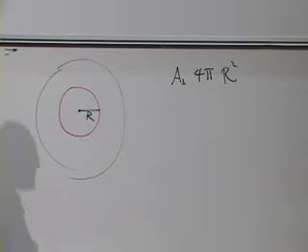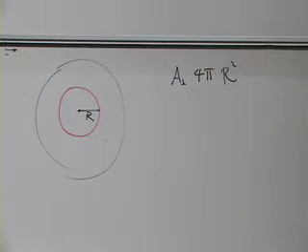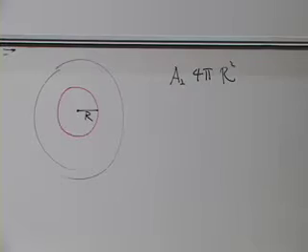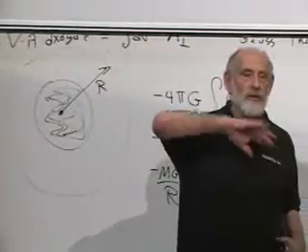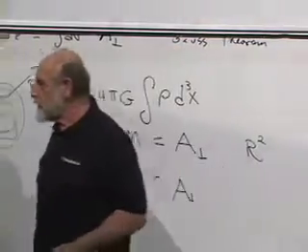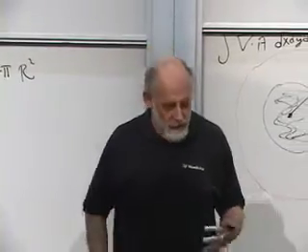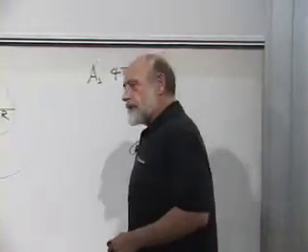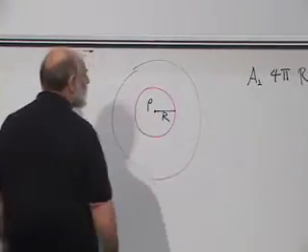Let's make the assumption, which is not a bad approximation for the Earth, that the mass density within the Earth is uniform. The mass density is uniform inside the Earth, and then when you get to the surface of the Earth, it drops abruptly to 0. That's not exactly true. It's denser near the center than near the outside. But let's take that as a model. A uniform mass per unit volume within